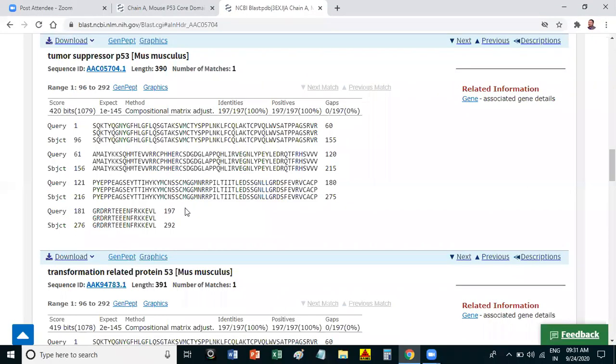This particular sequence has 100% similarity with your query sequence, which is from your mouse. Whatever you have inputted, that sequence was for mouse, and whatever result you are getting is also from your mouse. This is also a tumor suppressor p53 protein. So you cannot find any gap over here.